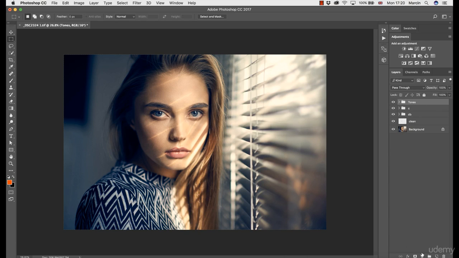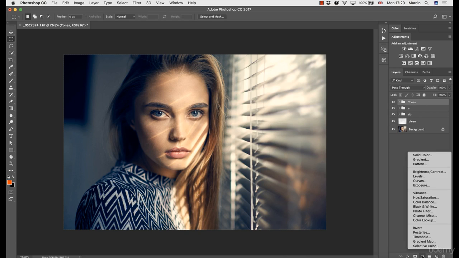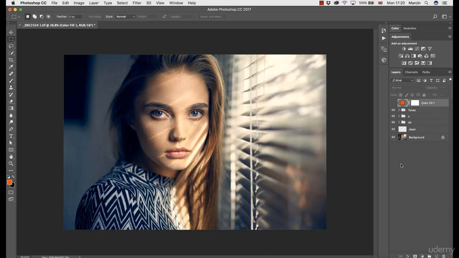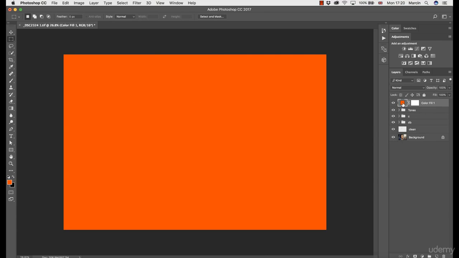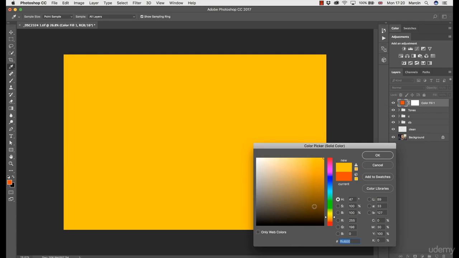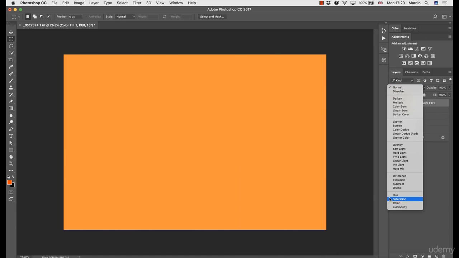And there is two simple ways to do this. The first one is using solid color. I'm going to make it invisible now, and the other will be photo filter. So about solid color, choose the warm color that is close to the skin tone. So the hue could be around 35 as the skin tone, and choose the color not that strong as it was, and change blending mode into